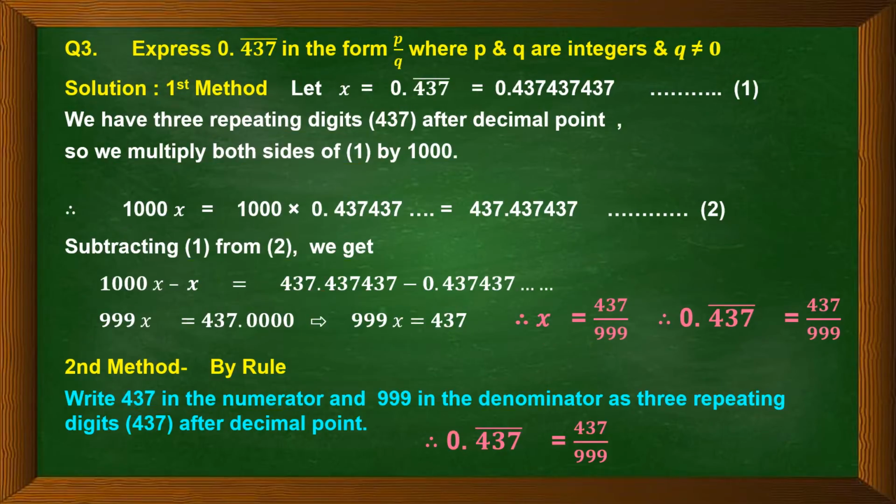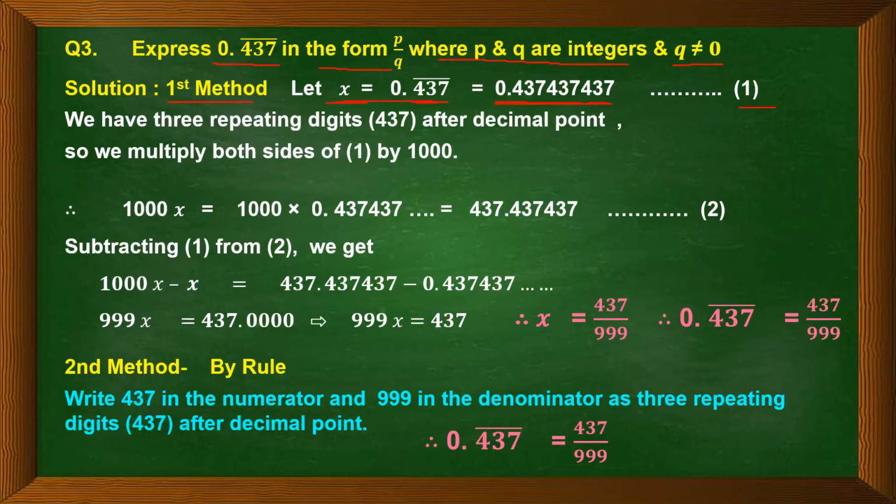Now let us take up third question. Express 0.437 under bar in the form of p by q, where p and q are integers and q is not equal to 0. Now let us start with the first method. We shall assume let x is equal to 0.437 under the bar. Since under the bar we have three digits, these three digits, that is 437, are going to get repeated. So 0.437, 437, 437. So this is our first equation where we say x is equal to 0.437, 437, 437